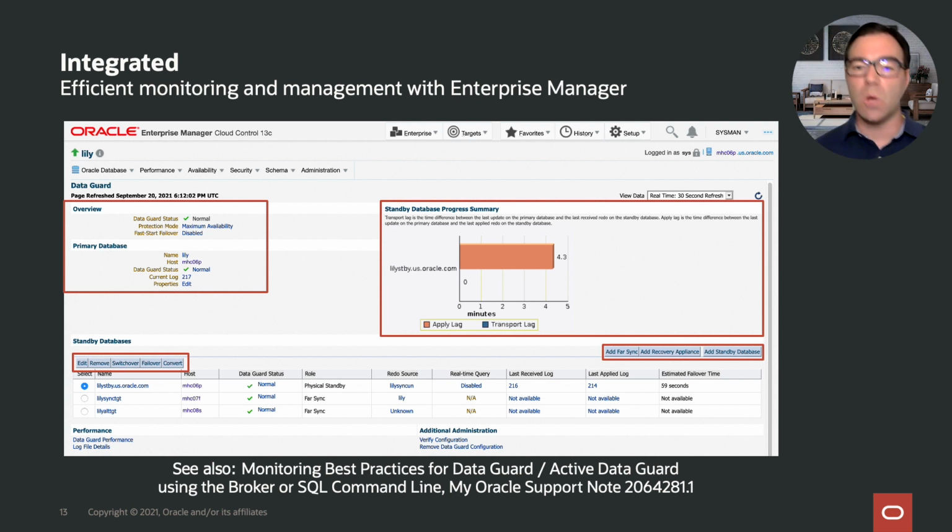Not only can you see all the components in your DataGuard environment, such as the primary, the standby, the FastSync, or if you have more than one FastSync, you can see the redo apply, or more precisely, the lack of it, so the redo apply lag for your standby. You can add more components such as a FastSync, a standby. You can perform a switchover. You can simulate a failover, or you can remove components if you, for example, don't need a particular standby anymore that you created, for example, for test purposes. So the whole management and configuration of the DataGuard environment becomes much easier with Enterprise Manager.